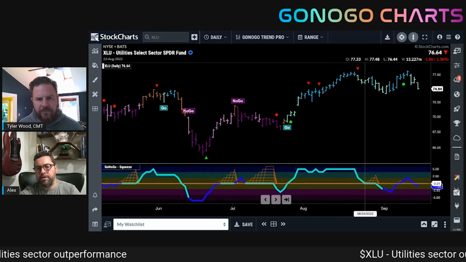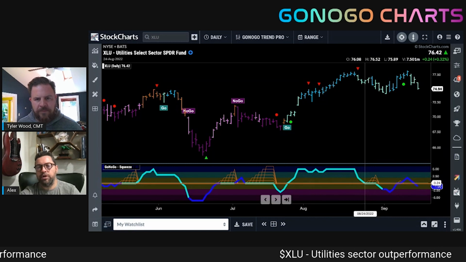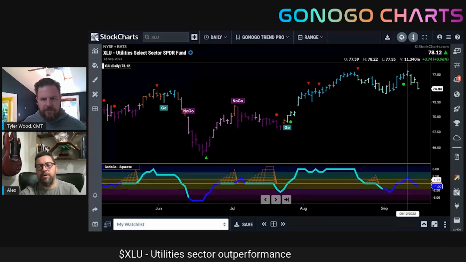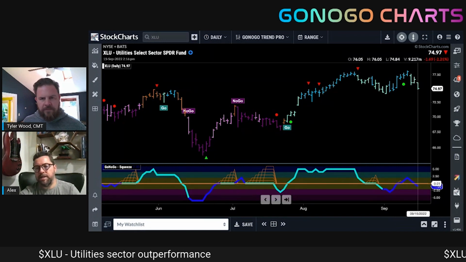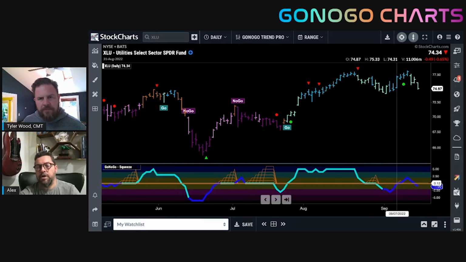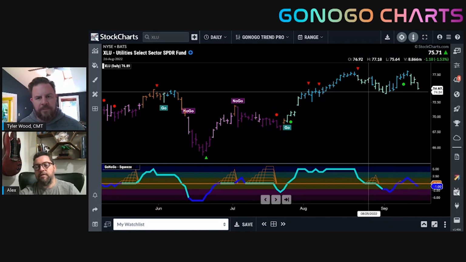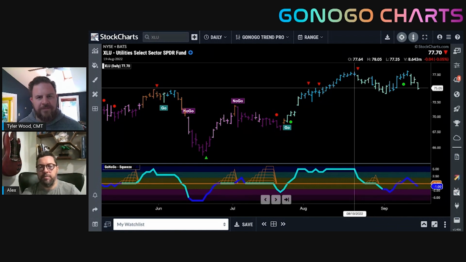And then to your point, the GoNoGo oscillator, which has struggled to hold the zero line, breaking below it, coming back above it, now looks to be dipping back into negative territory again on heavy volume. So not the greatest sign for the strength of this Go trend, but the fact that it is in a Go trend still when the market is moving lower in a strong No-Go is showing that relative outperformance.